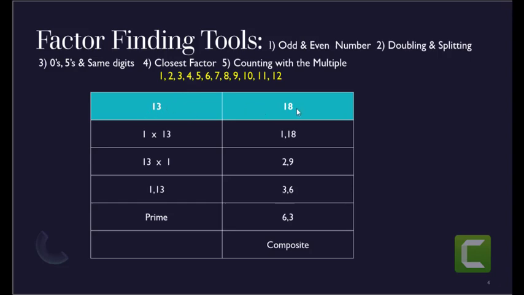So let's take the numbers 13 and 18 here. 13 is a prime number because it only has factors of 1 and itself. One thing I do want to point out is that factors are the math facts that make the number. What you're seeing is the answer to a multiplication problem, which is the 13. So instead of writing 1 times 13 and 13 times 1, I'm going to put a comma between the two numbers so I don't have to write the multiplication fact both times. And you can see that using our strategies, I can determine that 13